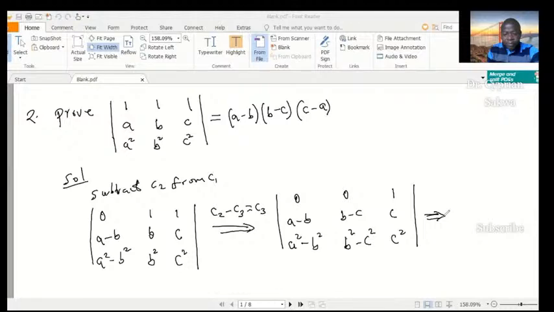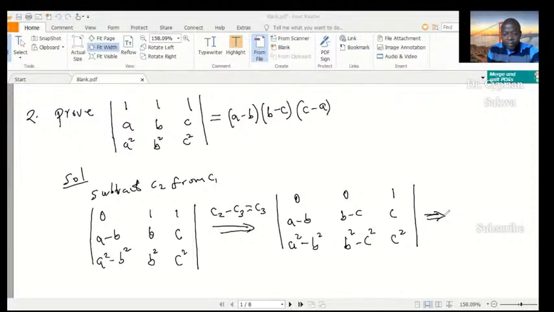And if I write this one as B minus C times B plus C, I want to see that column 2 has a common term, which is B minus C. I can also factorize it out. So that's what I'm saying. I can have it as A minus B, factorize that out, then B minus C, factorize it out,